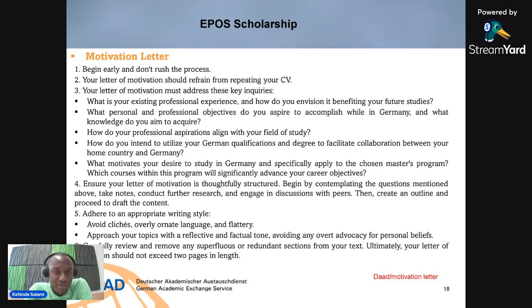And also, your letter must address key issues, very key issues. First, you want to have a problem that exists which you actually want to solve, or you want to be an agent of change. You must have a kind of problem statement. You might not state it verbally, but in your writing, you must be able to state a problem. Because why do you even want to do this? Why do you even want this scholarship? Is it just for you to travel to Germany, take pictures, go to fine places? No, it has to be a problem you want to solve.